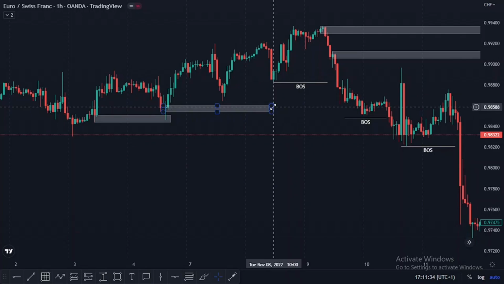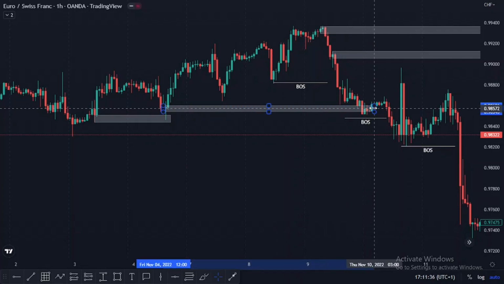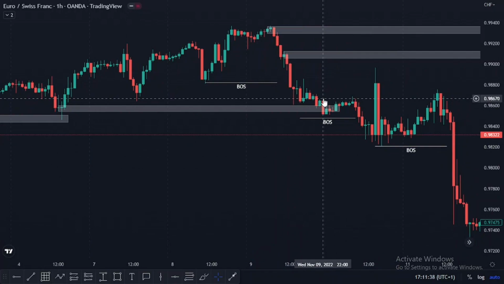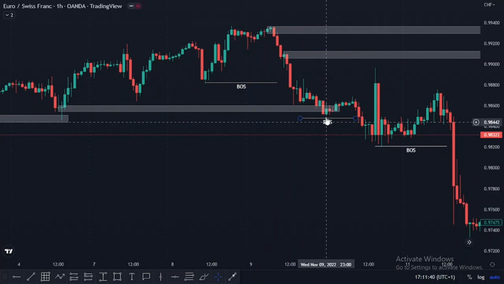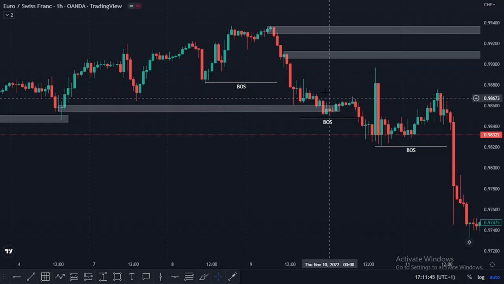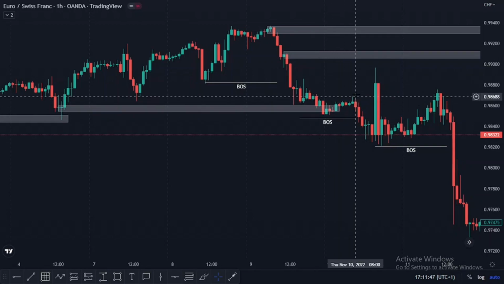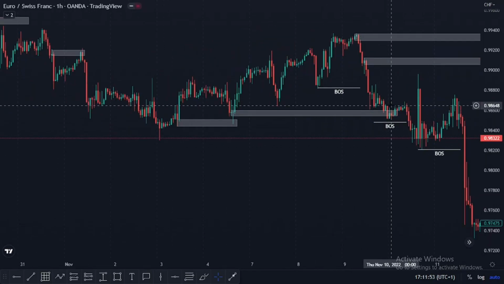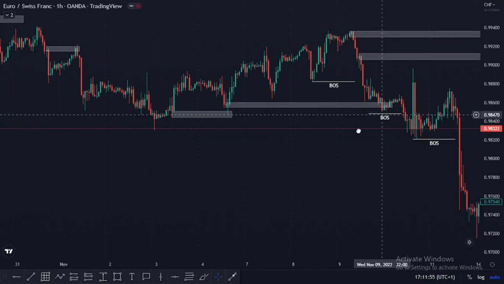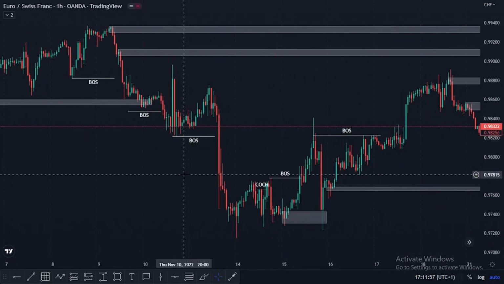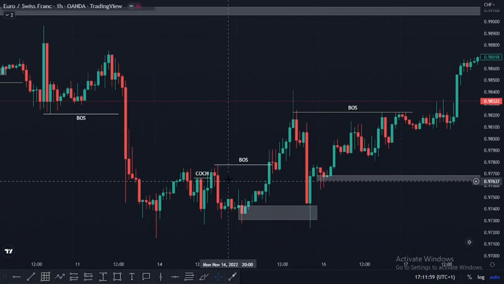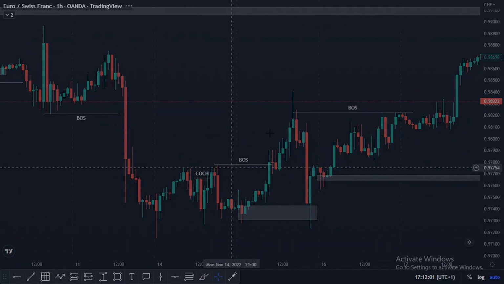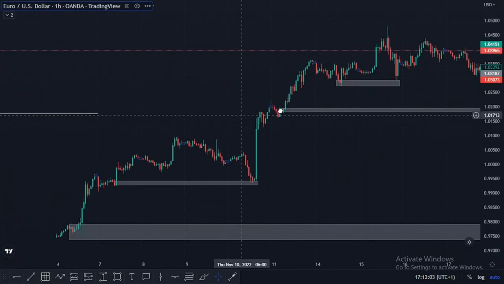Okay, now look at this. I'm trying to draw it out. Yeah, it broke out from it, though it's mitigated during the Asian session. You can see it's mitigated during the Asian session. So there's no point in taking any trade here at all till the morning. This is 8 o'clock in the morning and then it continues selling off. So probably there's a high probability that there is no entry confirmation here. Then the sell continued to wherever we are. You understand? So let me quickly move to EUR/USD and some trades